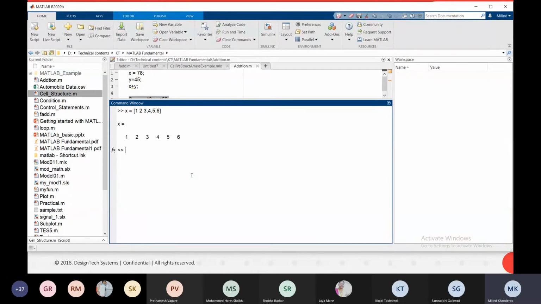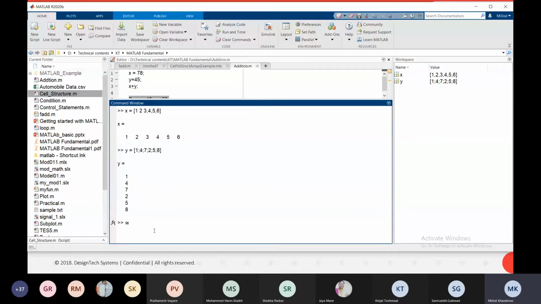Now it is a row vector with 6 elements. If you want to create a column vector, just give semicolons. So this is the column vector.